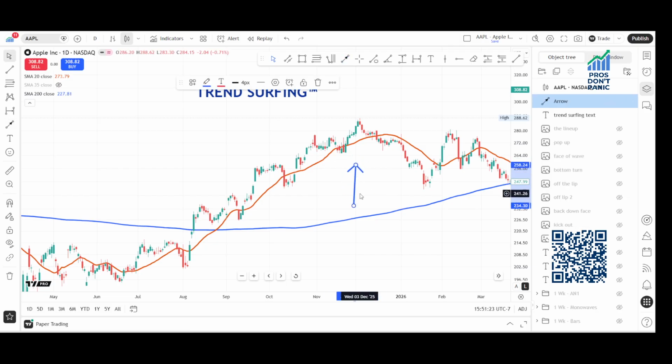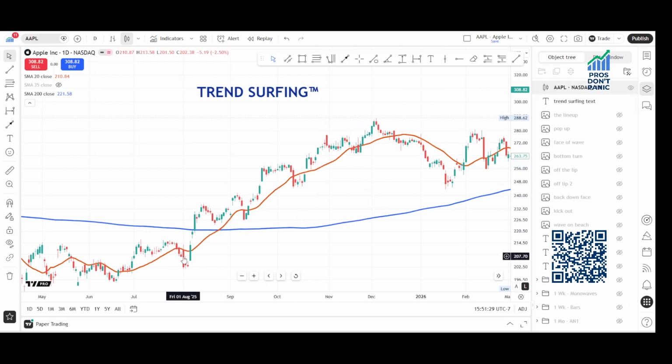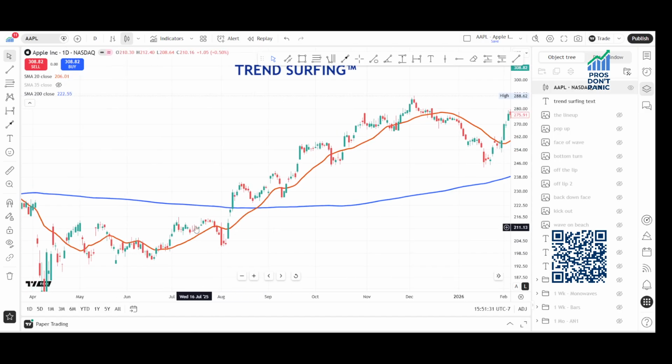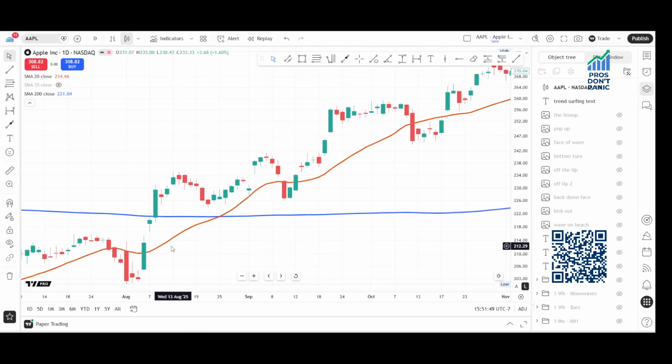Okay. So we talked about being in the right location. So where is the right location? Well, obviously you want to be jumping into this trend as early as possible. So where is the trend as early as possible? It's where the 20 period and the 200 period come together. Where they come together, in this case, they've come together and crossed, you're going to find a power move. These power moves are going to be the waves in the right location. So they are essentially where this lineup is.